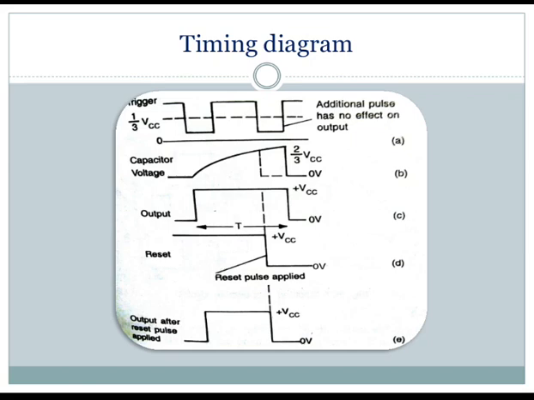The propagation delay of this operation can be calculated with the help of RC. So if reset is released, the output still remains low until a negative going trigger pulse is applied again. I repeat this: if the reset is applied, the output will still remain low until a negative going trigger pulse is applied again. So if you concentrate on the timing delay, we should concentrate on the design parameters R and C, not the input parameters. Thank you.